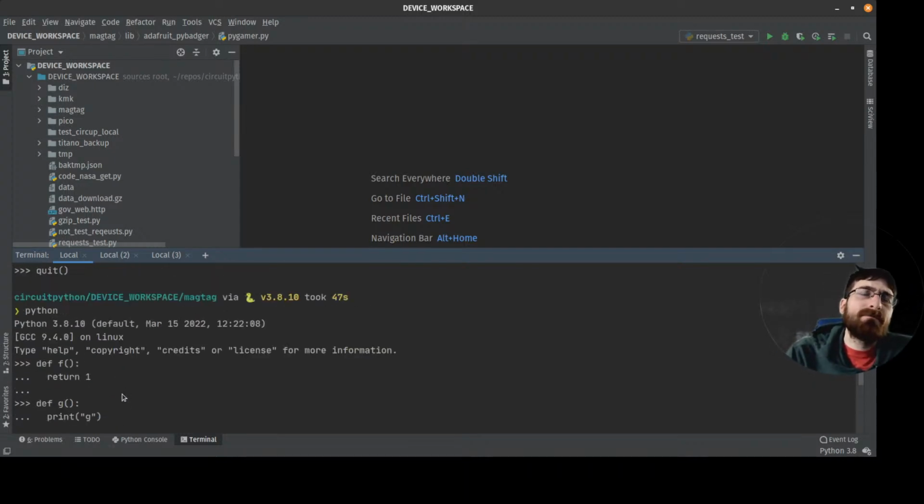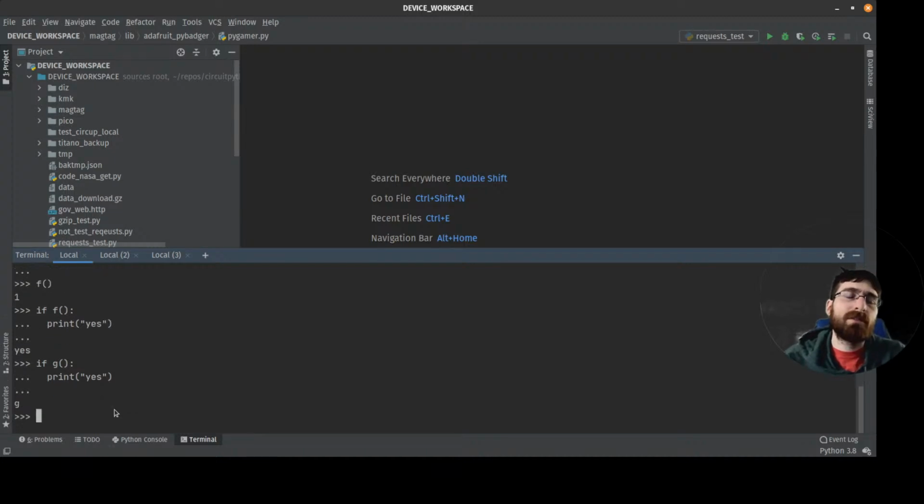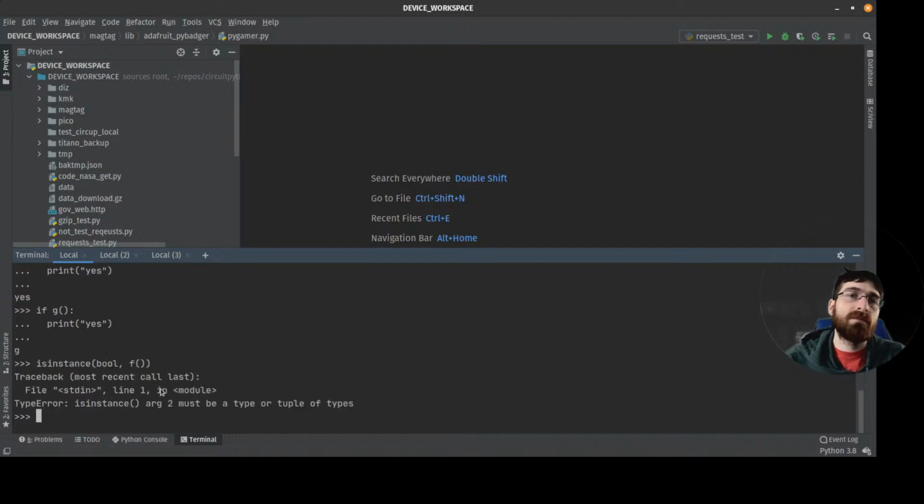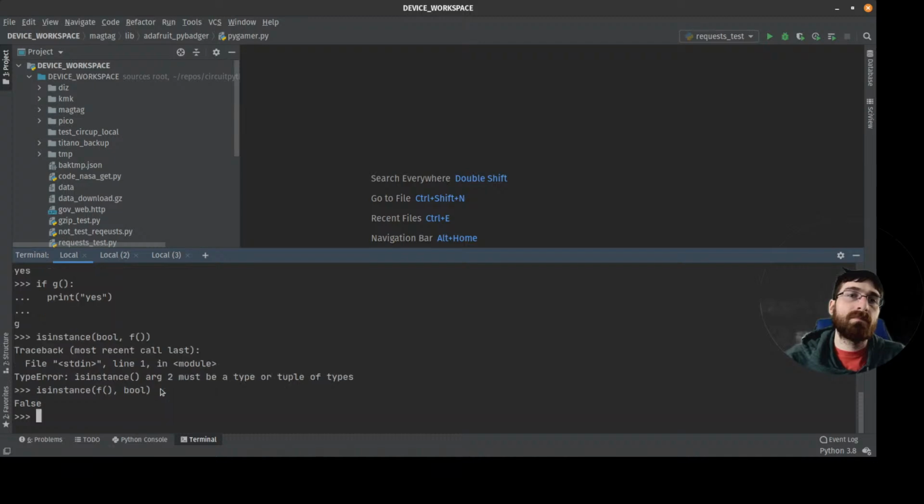I mean, you could, I guess, do isinstance of f. You do the type first. False.